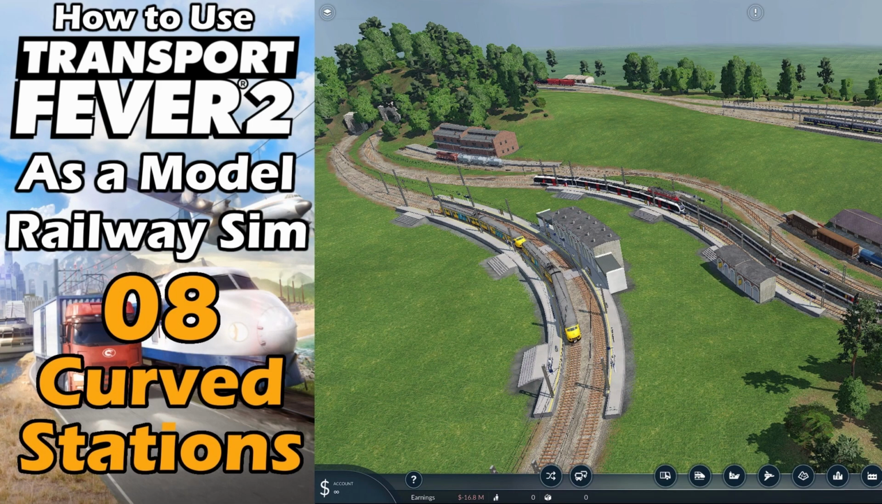Welcome to video 8 on how Transport Fever 2 can be used as a model railway simulator. Building a model railway, it quite often happens that we are in need of curved platforms with a station. By default, Transport Fever 2 only offers straight stations, but luckily there are several plugins that can create curved platforms